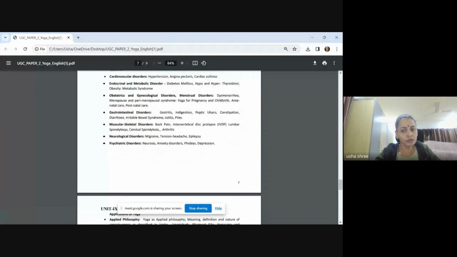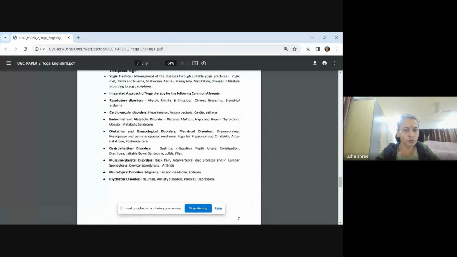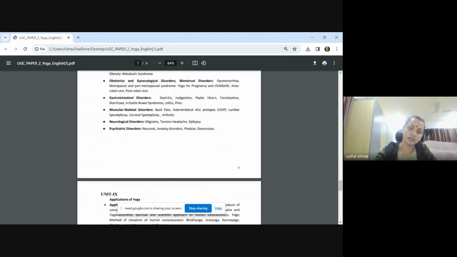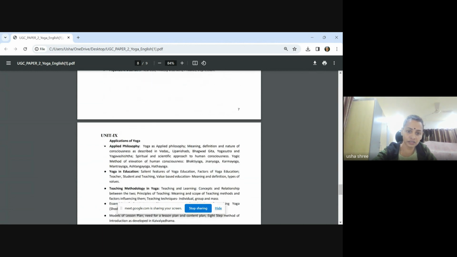But I would still suggest to apply the practical understanding of the text and also the anatomy and physiological aspects, the disease condition with the anatomy and physiological aspects. So this is very important when you're solving the questions of that unit.